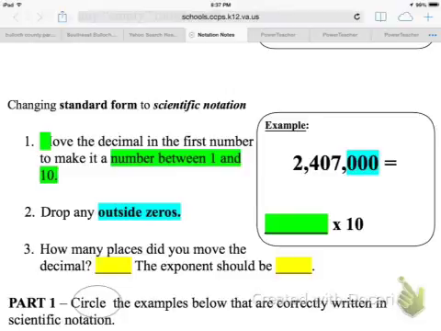Remember, 1 and 10 were our 2 magic numbers for scientific notation. So on this example, my decimal is actually back here in the back. So I'm going to move 1, 2, 3, 4, 5, 6. So I moved 6 places. This gives me